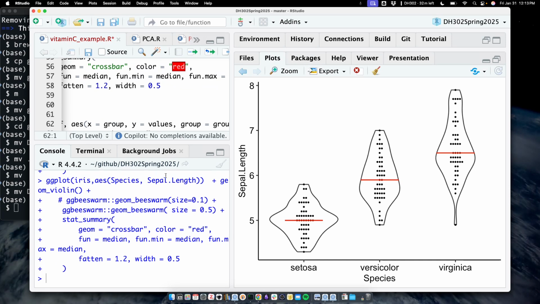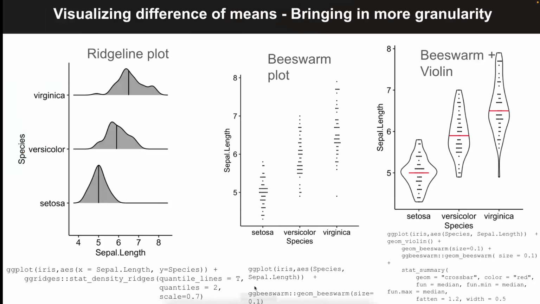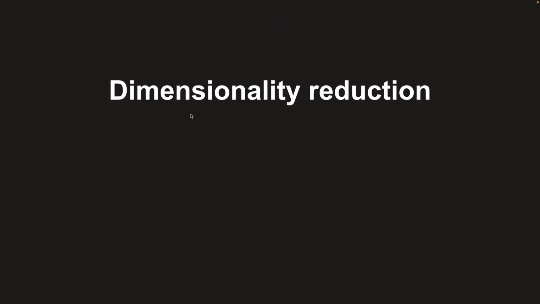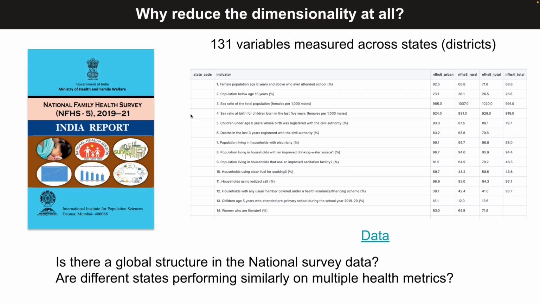Okay, then we'll start the fun part of the course, which is dimensionality reduction. Right. So let me start off with giving you an example of what we are trying to talk about. This is survey data taken from the National Family Health Survey. It measures 131 different variables across different states. So the survey people go to a sample set of households that they have already pre-selected based on certain criteria so that it represents the entire population. They go and ask these 131 different kinds of questions. That includes questions about